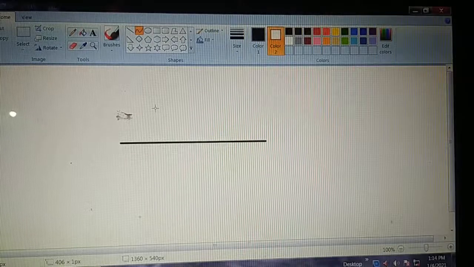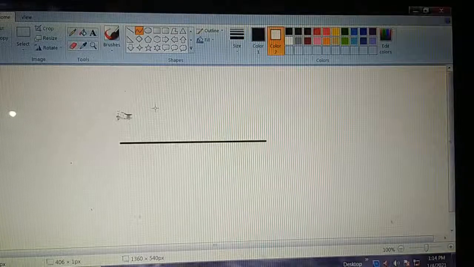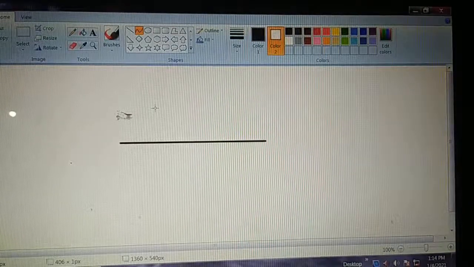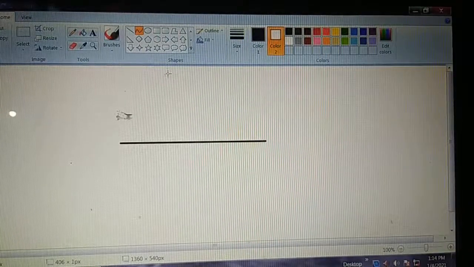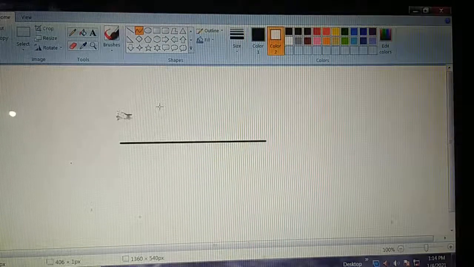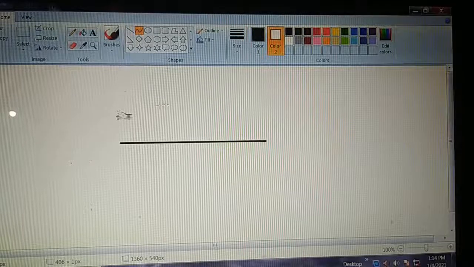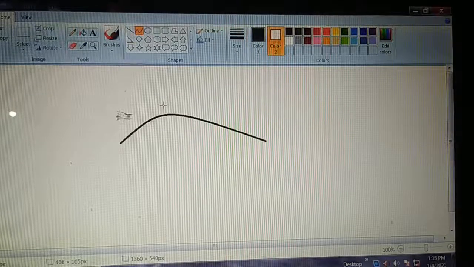Here also you have to make clear in your brain which length of curve you want. If you want this much big, take your pointer there. If you want a smaller one, click accordingly. Understood? So here I am clicking. This is the first bend.